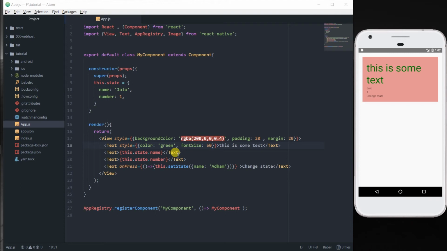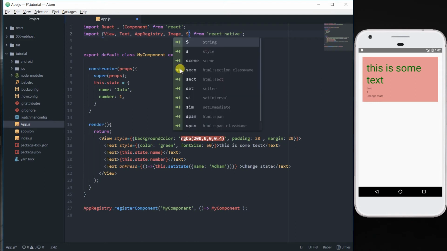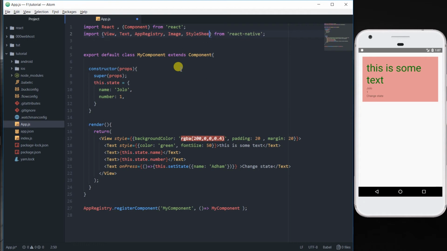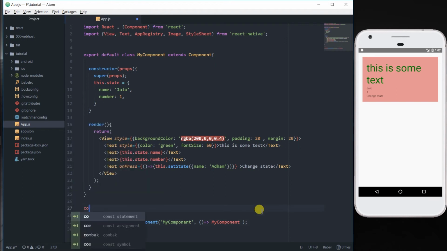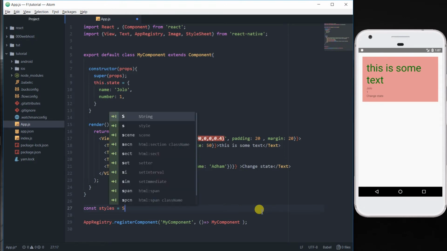And another way which I was talking about is to create a StyleSheet constant. So for that one, what we need to do is go inside our import from React Native and import a component called StyleSheet. Then let's go ahead and create a constant. I'll tell you what a constant is. Styles, let's name it styles. Let's say StyleSheet